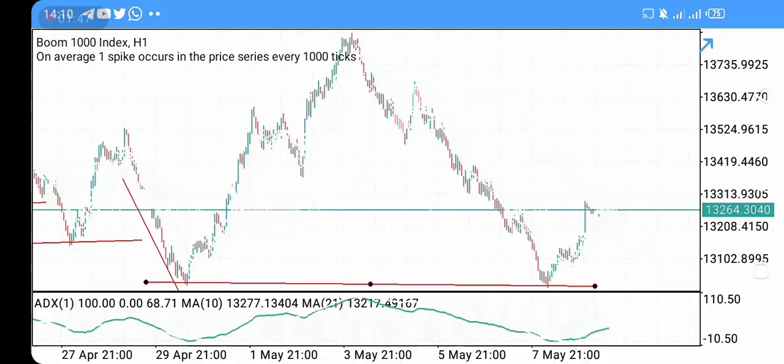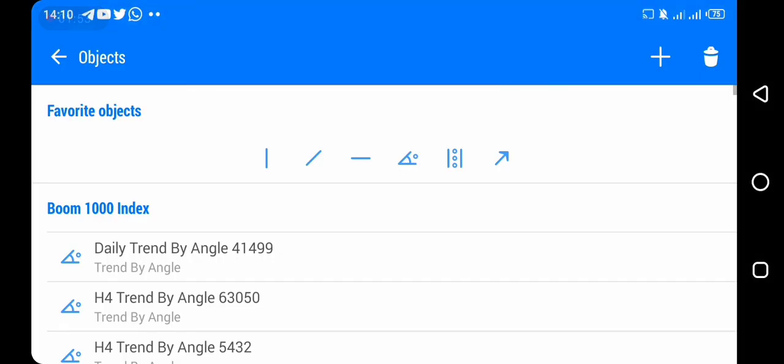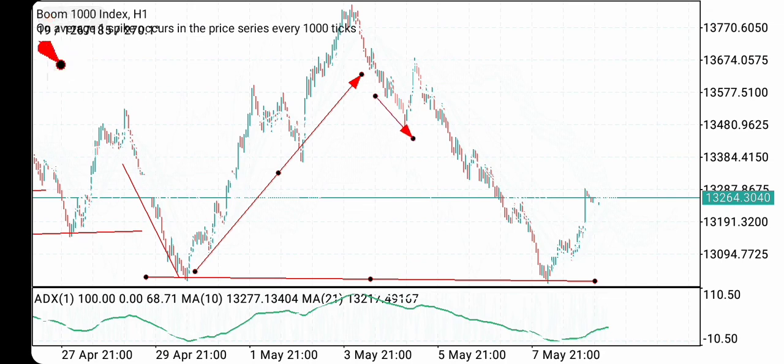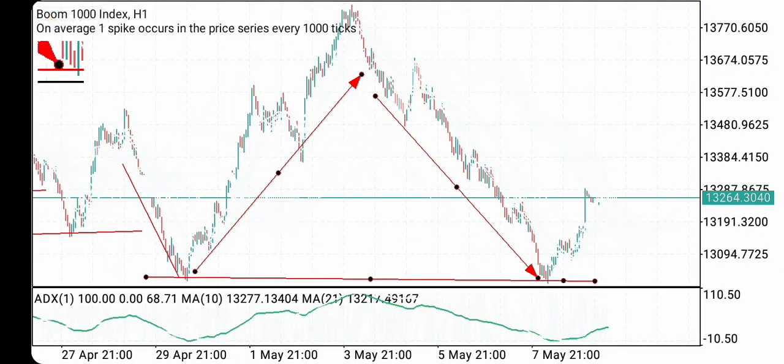It started moving upward again to this level, and again we have another downtrend. When it got there, it started moving upward again here, meaning that this support is giving us a strategy